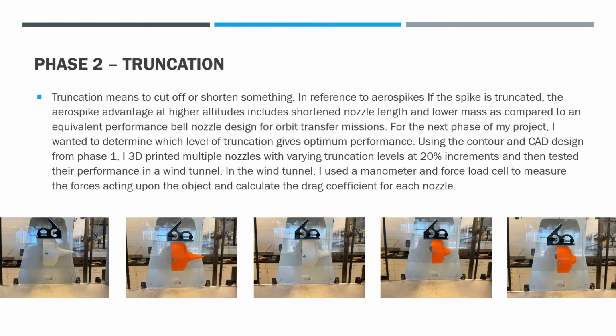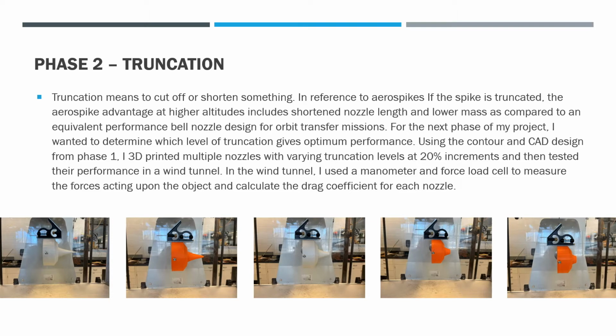Phase 2. Truncation. Truncation means to cut off or shorten something. In regard to aerospikes, if the spike is truncated, you get the benefit of comparable or improved performance at a lower weight. Using the 3D printed models with varying truncation levels at 20% increments, I tested them in a wind